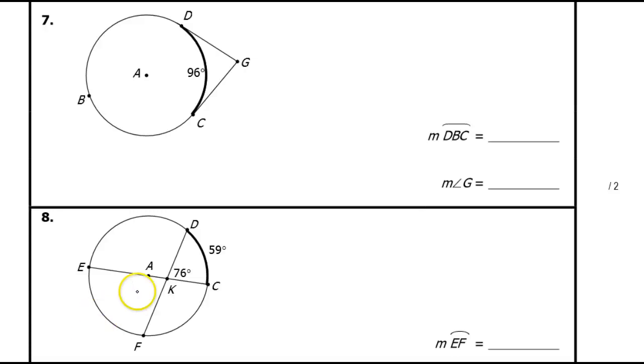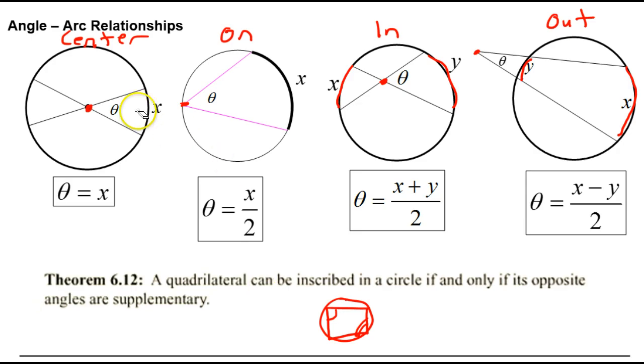In this video, we will continue to practice our angle and arc relationships in lots of different situations. And just real quick, remember, it all depends on the location of the vertex with respect to the circle. If the vertex of the angle is at the center, then the angle and the arc are the same. If the vertex is on the circle, like on the edge of the circle, then the angle is half the